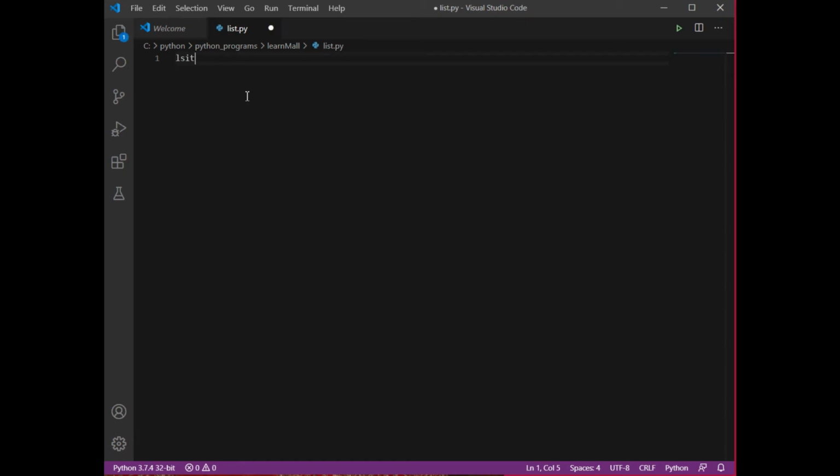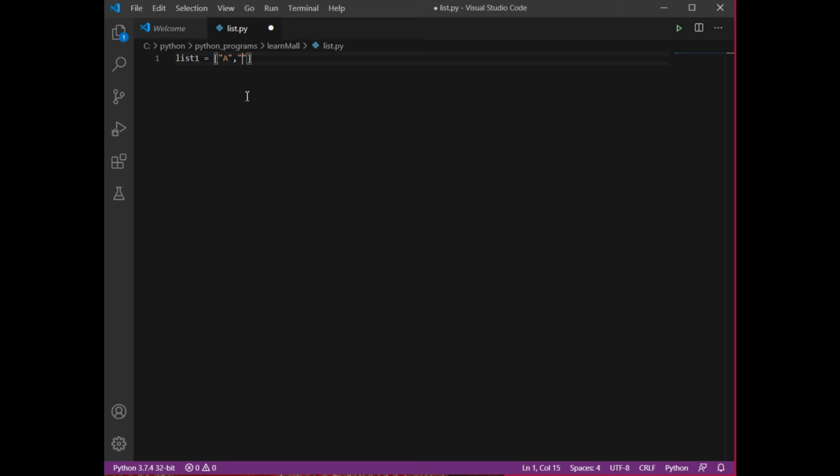I'm creating a list and giving it the name list1. As you have seen, we need to give the elements of the list inside square brackets, whereas in dictionaries we were using curly brackets. Here for list1 I'm going to give miscellaneous elements: strings, characters, integers, and floats. First of all, I'm going to take this a, that is a single character.